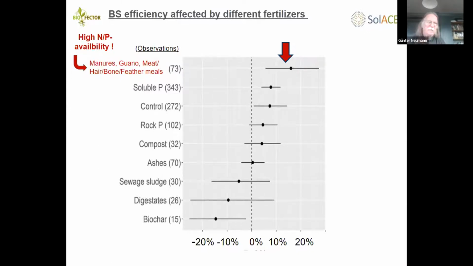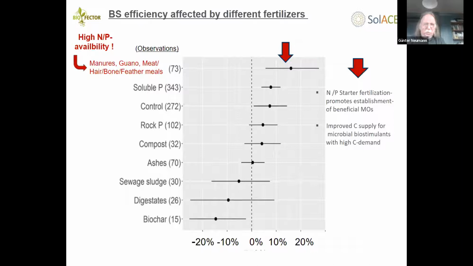All these fertilizers have a common property: a comparatively high nitrogen and phosphate availability at the beginning. And this may, of course, have benefits because this may act as a nitrogen or P starter fertilization, which is well known to promote the establishment of beneficial microorganisms like Mycorrhizae or Rhizobia, particularly under